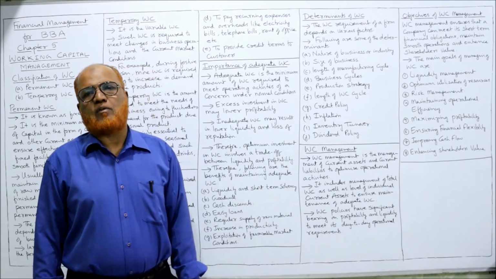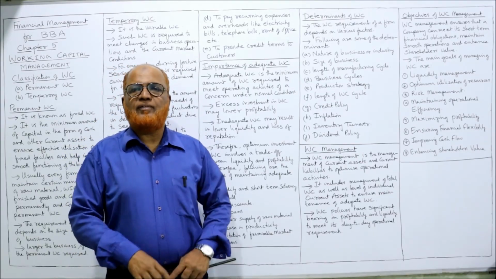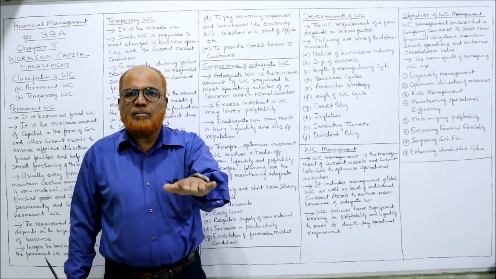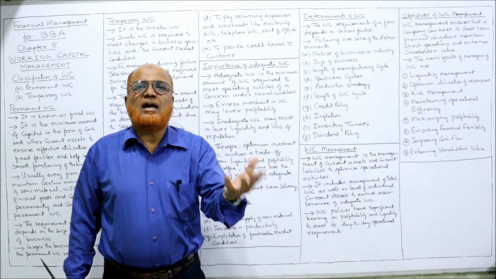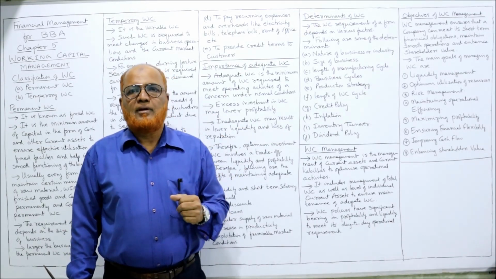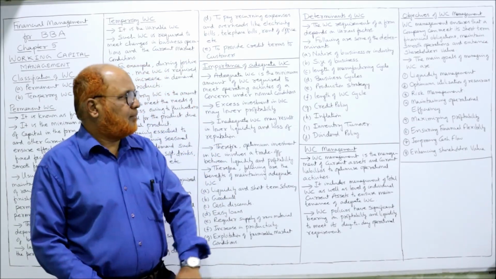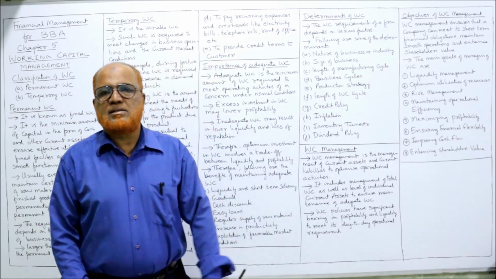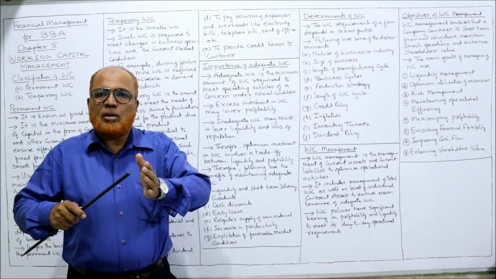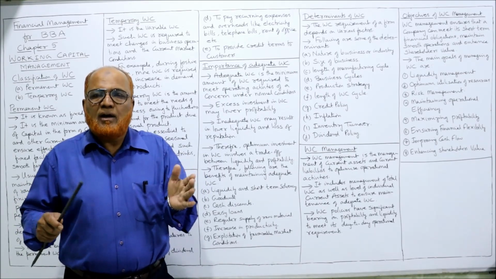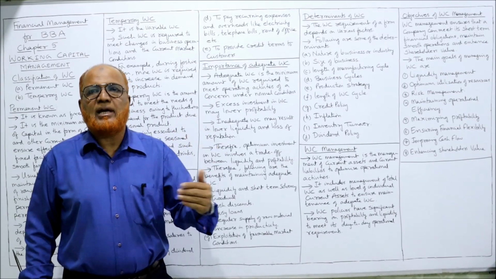Next, maximize profitability. That means we should not keep excess working capital. If we keep excess working capital, the profitability will come down. So we should maintain only that much working capital which is needed, which is adequate. In that way, our profitability will increase. Otherwise, the profitability will come down. Next is ensuring financial flexibility. Once the working capital management policies have been framed, they should not be fixed. They should be flexible. From time to time, as per the requirement, the working capital policies should change.